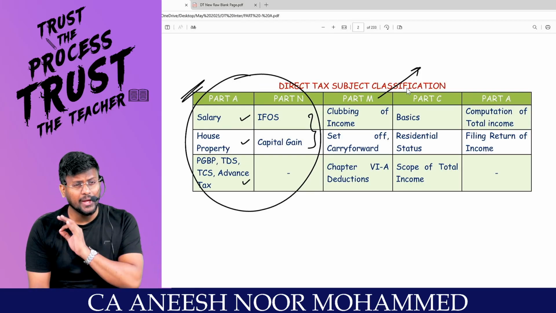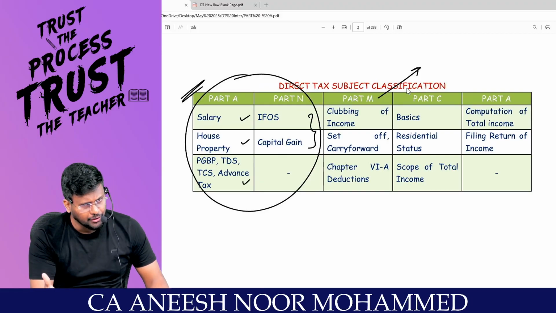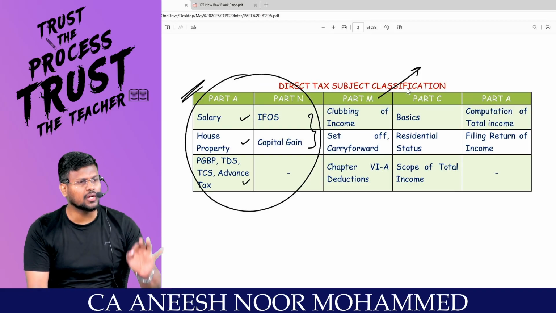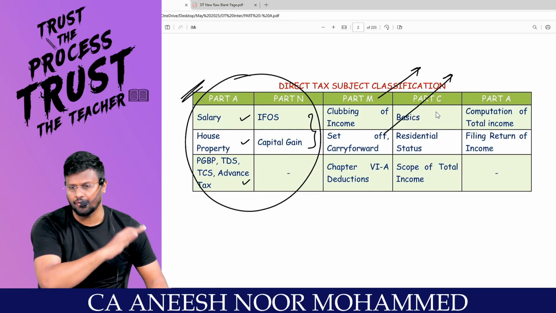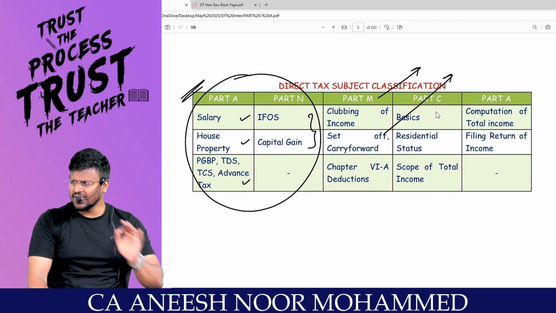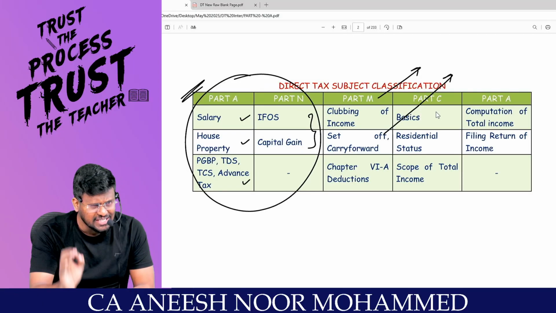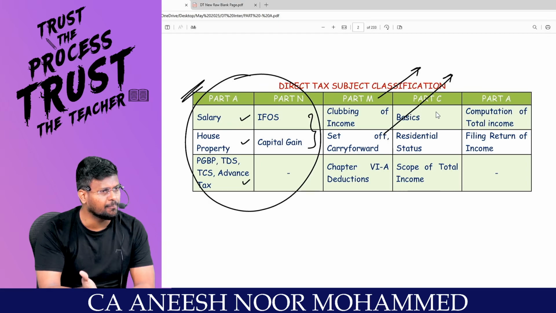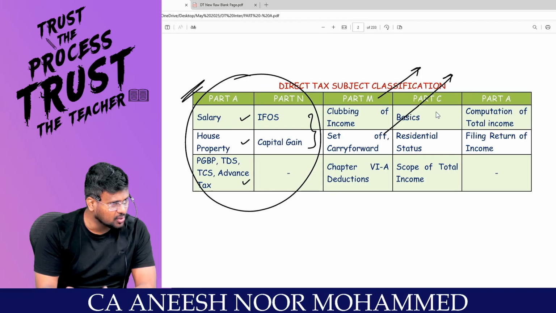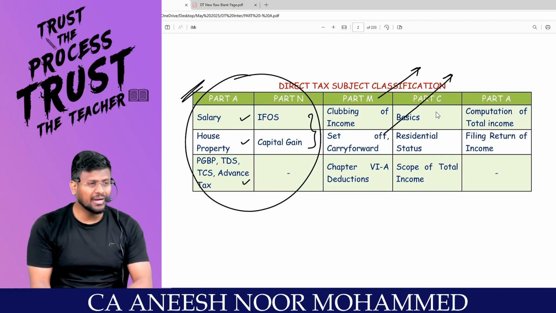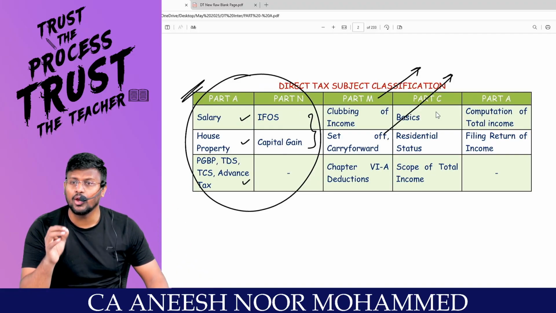We can't always say that we will have income under the Income Tax Act. Under one head of income you may have a loss and under another head you may have a profit. So there should be a facility to set off and carry forward. If you see the first head of income, income from salary, you will always have income, because after working so long from morning to evening, are you expecting a loss? No, that is not possible. But under the head income from house property or PGBP, you may have a loss.